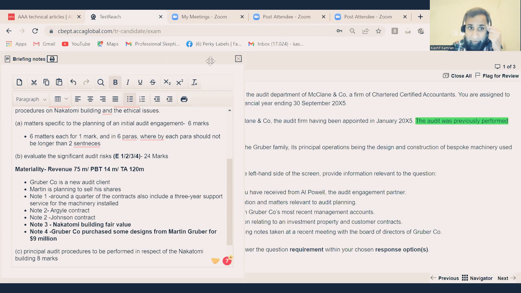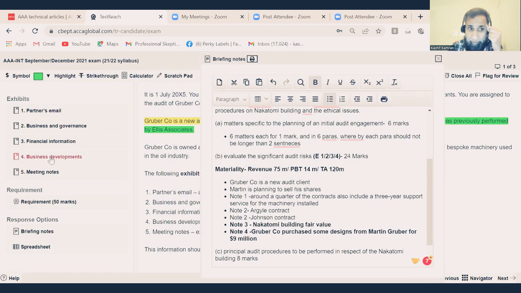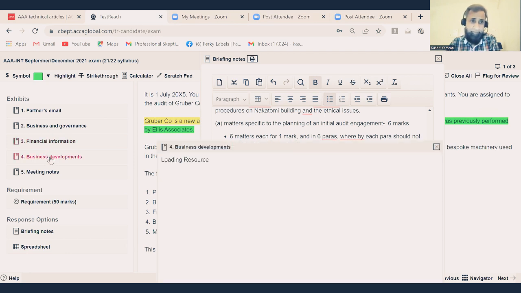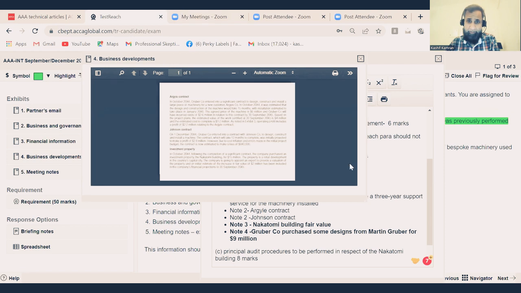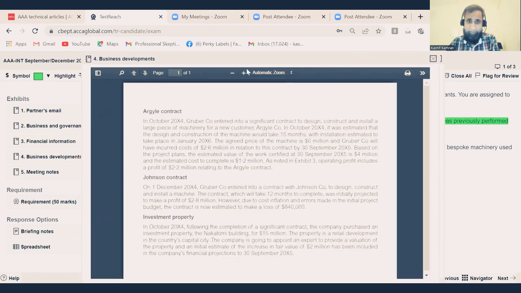Now in exhibit 4, the last one, before I have the electricity failure in the next 4 minutes, I just need to wrap up the day 2 part 1 and then resume back at 5:30. The last exhibit, business development. Now in the last exhibit, business development,